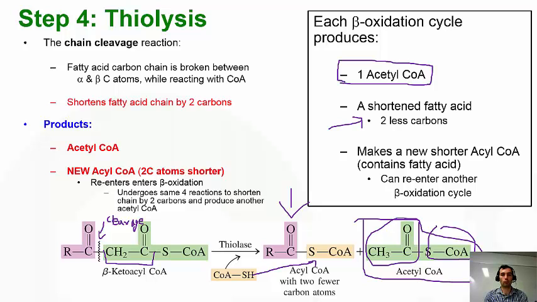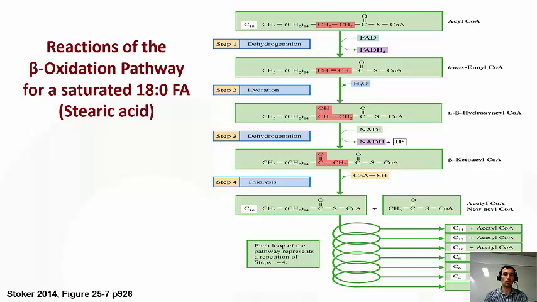At that point you would have completely broken down the acyl-CoA into individual units of acetyl-CoA. So that's what we see depicted in this process of beta oxidation. So here we're talking about beta oxidation of a saturated fatty acid that contains 18 carbons. So the first step